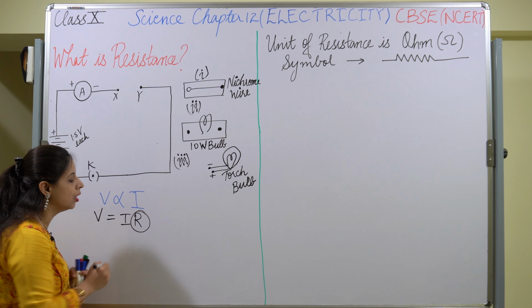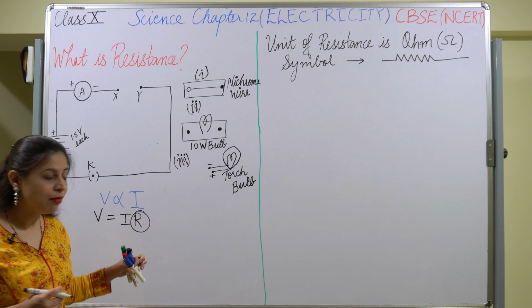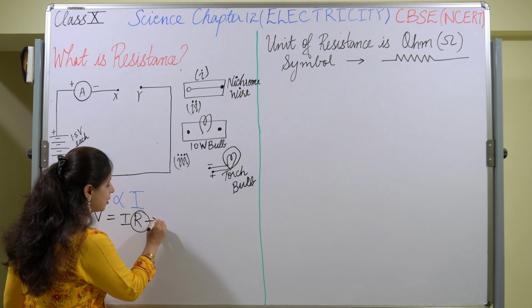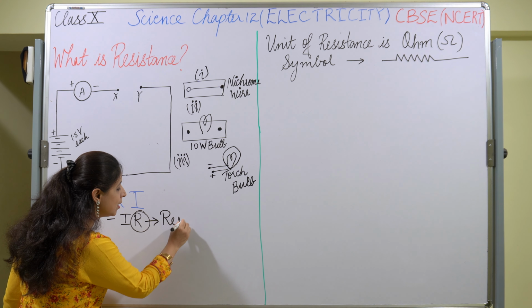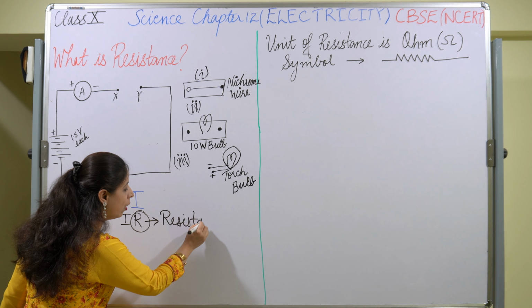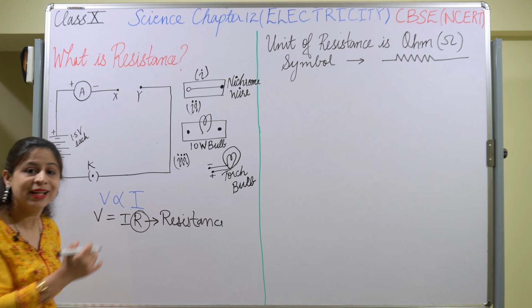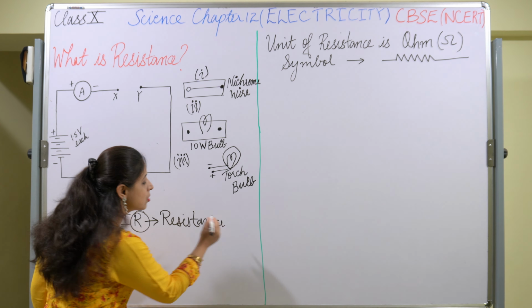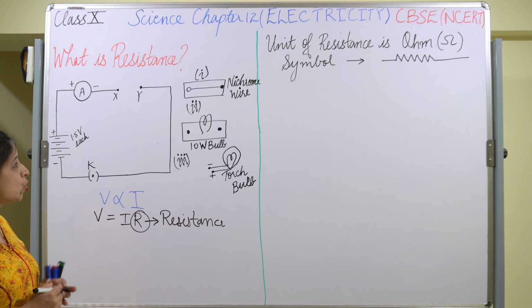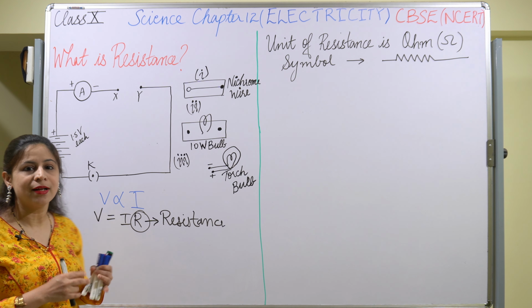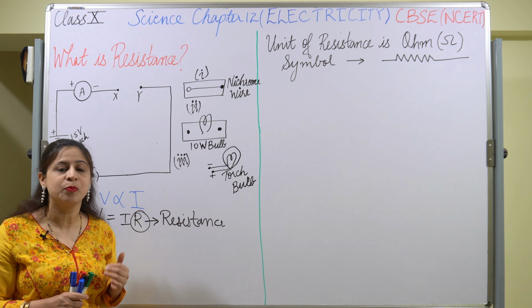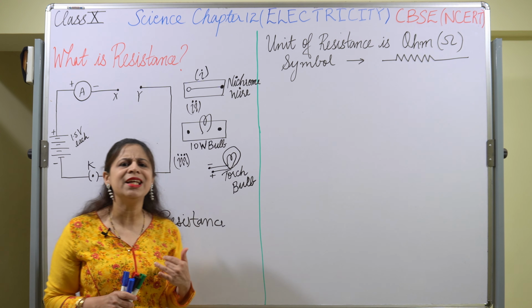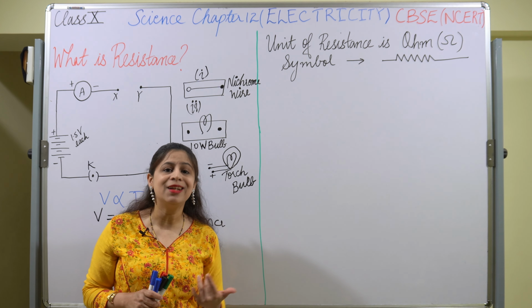Resistance is denoted by R. But what actually is this resistance? What does it signify in electric circuits? This is what we have to study today. In the NCERT book, an activity is given by which we can clearly understand